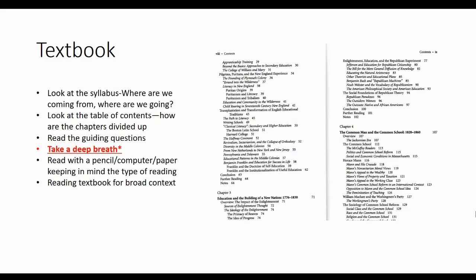The textbook is a different matter completely. So this is actually the table of contents from the textbook. When you're reading one of the chapters from the textbook, you need to think about it as something I've given you to give you broad context. What you can do is look up the chapter and see, say right here, chapter 4, the common man in the common school. It tells me how it's organized. So before I even read the chapter, I can look and see what the various parts of it are. The second thing I can do is, actually I should probably do this before anything,